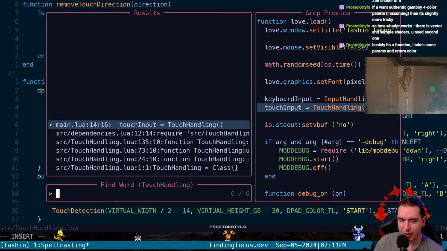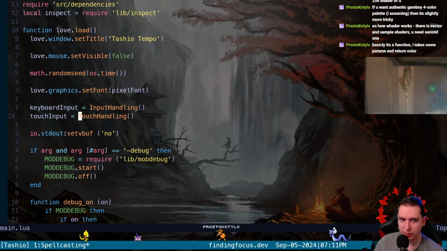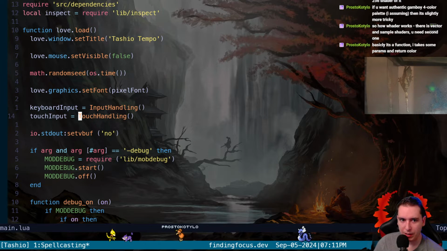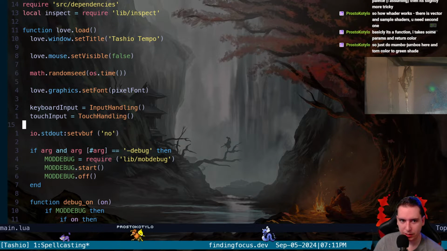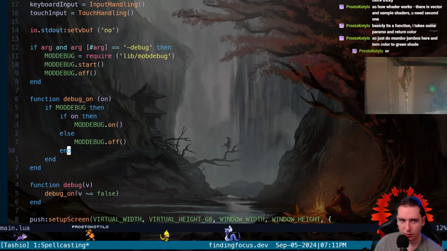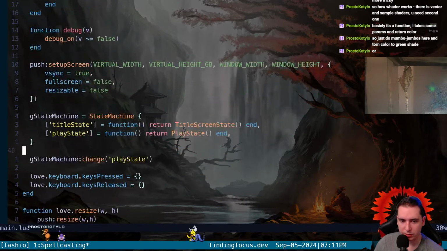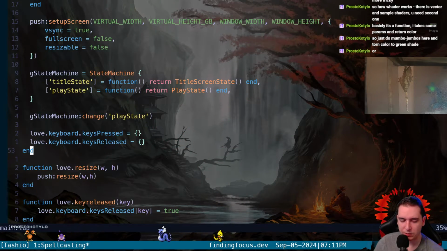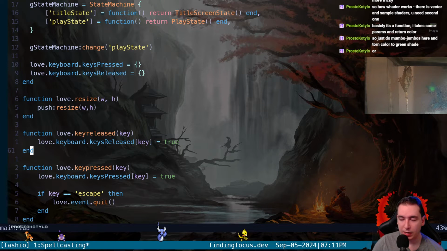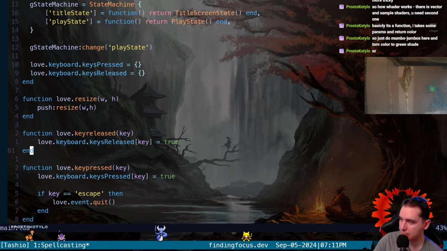Okay, so it looks like our main Lua has our touch input, which has all of our touch that then updates all of our touch detection objects, and we know that pressing A is the